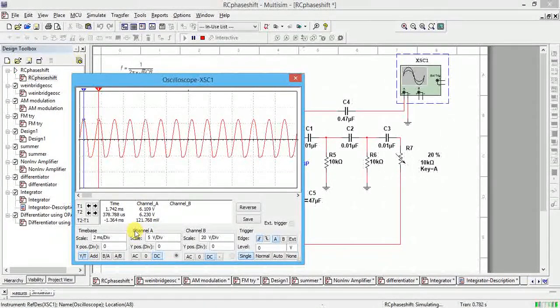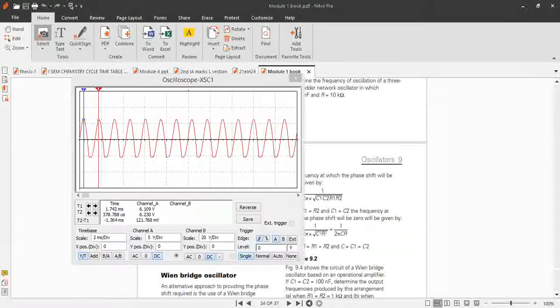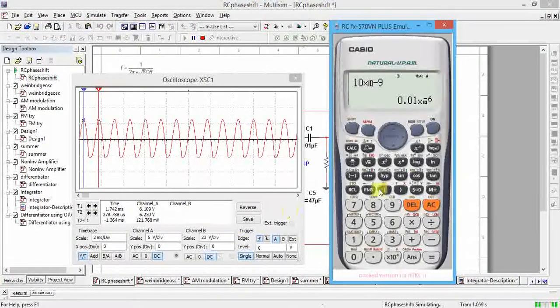So we are getting approximately 1.36 millisecond. T2 minus T1 is 1.36 millisecond. So now we'll verify that 1.36 millisecond, that is the T value.